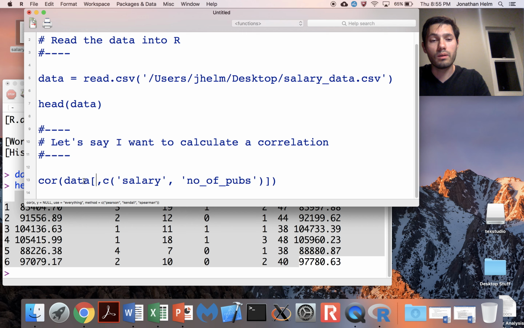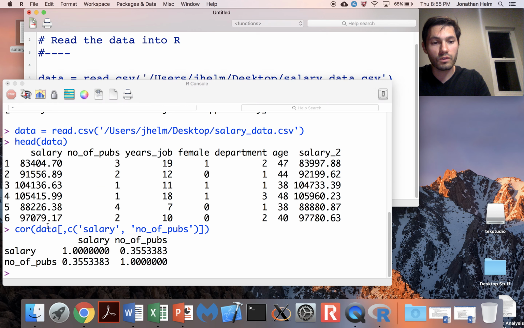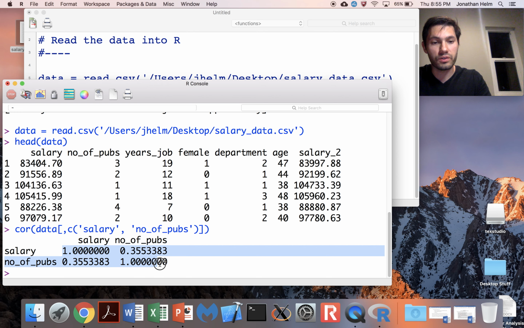Okay, so by including inside this c function, which creates a vector, salary and number of pubs, what this is going to tell R is we want to extract the variable salary and the variable number of pubs, those two columns, and then all of the rows. So when we put this whole thing inside the cor function, we're asking R to calculate the correlation between those two variables. So if I highlight and run the code, you can see that I'm getting a 2x2 matrix as